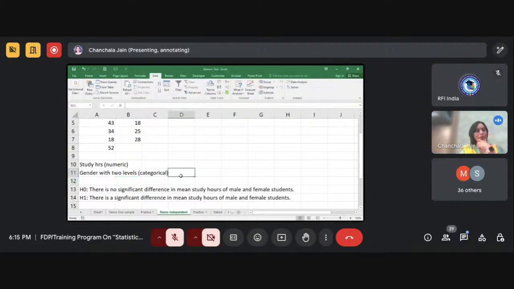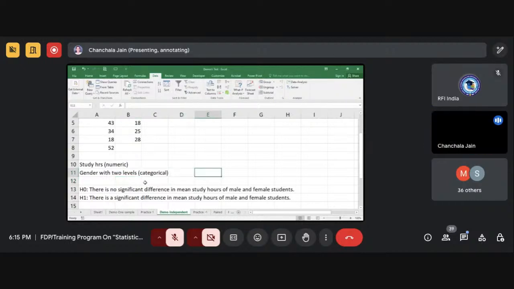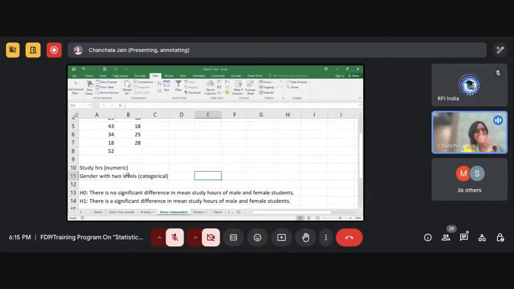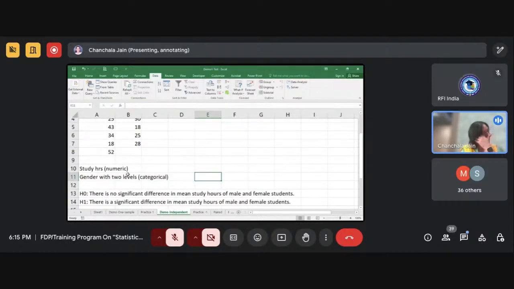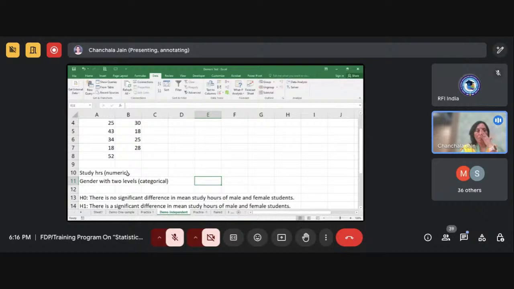After this, when the null hypothesis has been formulated, and we have the data available, suppose we have set the level of significance as 5%. Now we need to perform the independent sample t-test. So we'll go to the Data tab, and here we'll select the Data Analysis tool pack. From this dialog box, you need to select the details. You can go down and you can find that paired two sample will not be appropriate.